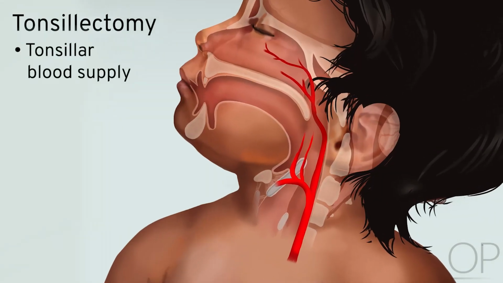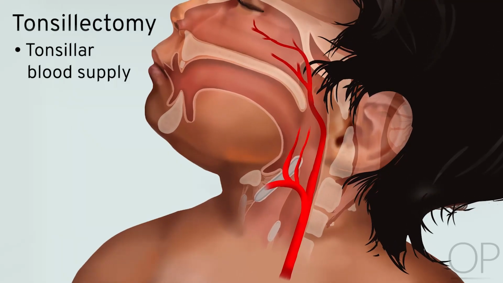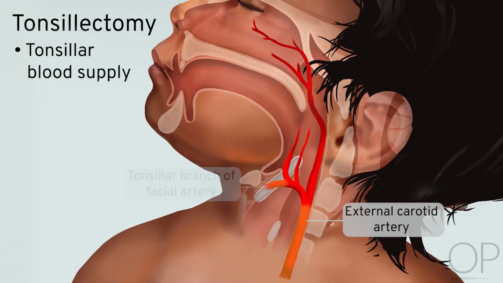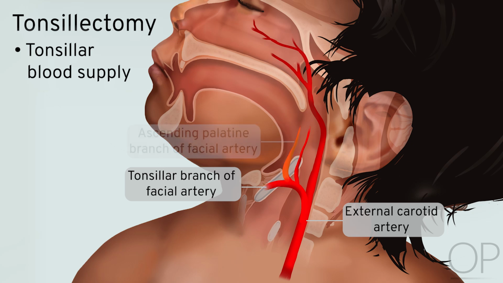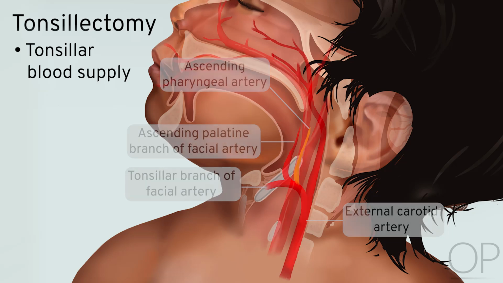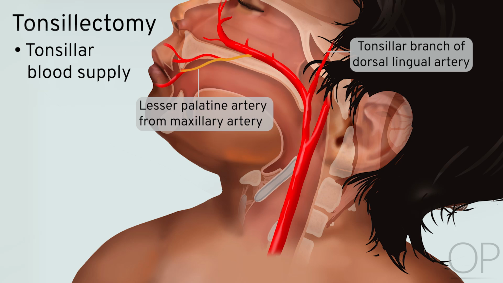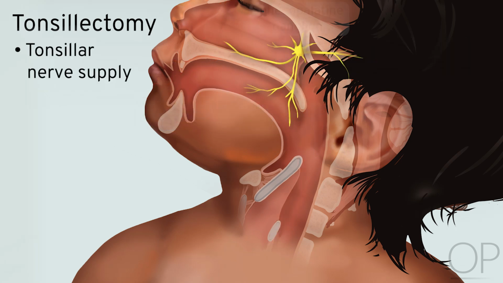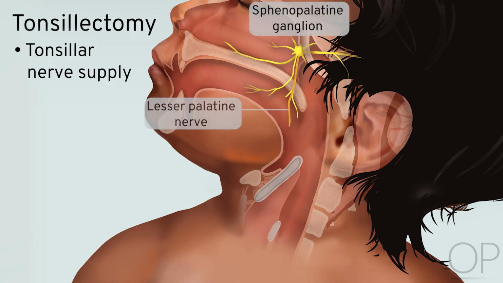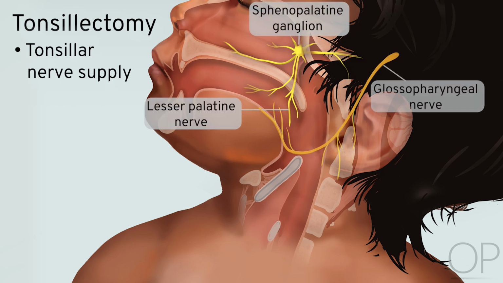Blood supply to the palatine tonsils is provided by branches of the external carotid artery: the tonsillar branch of the facial artery, the ascending palatine branch of the facial artery, the ascending pharyngeal artery, the tonsillar branch of the dorsal lingual artery, and the lesser palatine artery from the maxillary artery. Innervation is from the sphenopalatine ganglion via the lesser palatine nerve and the glossopharyngeal nerve. The glossopharyngeal nerve lies immediately deep to the muscles that define the tonsillar fossa, making it susceptible to injury during